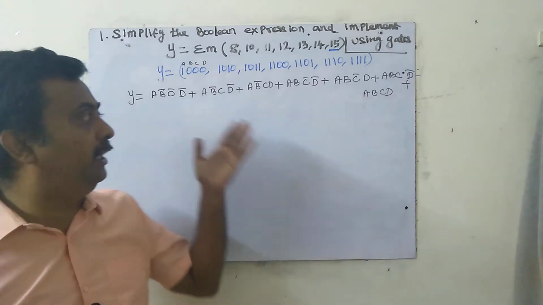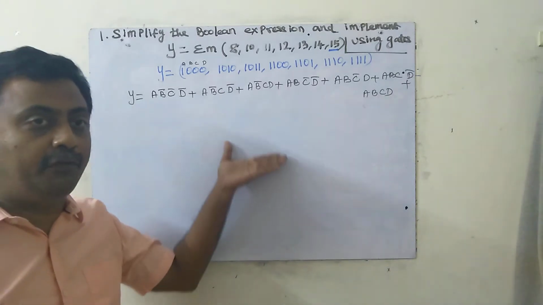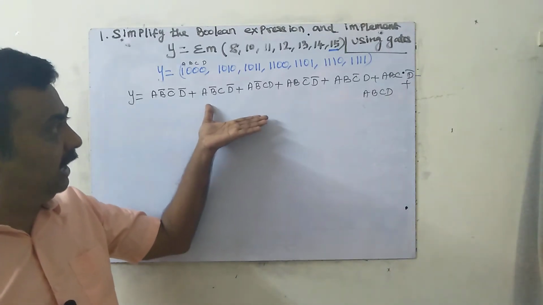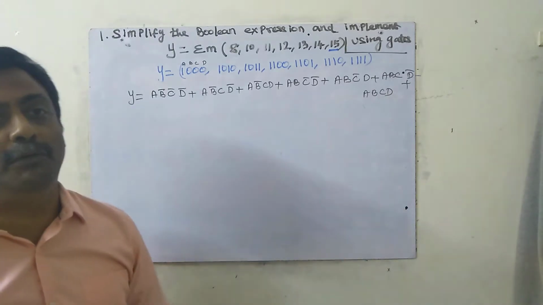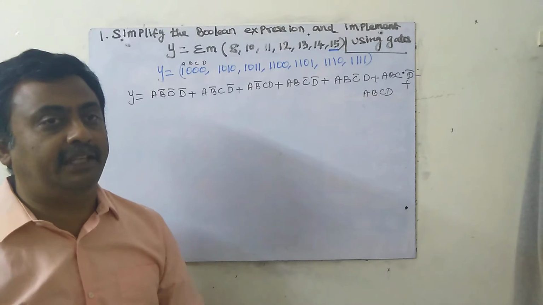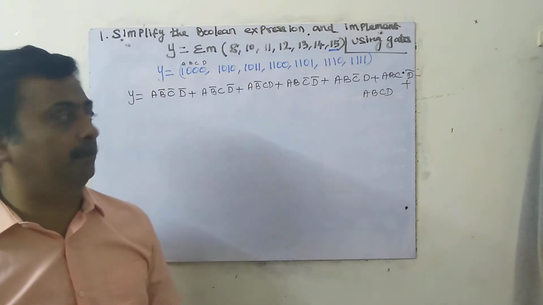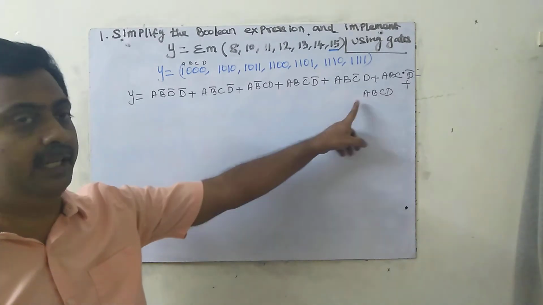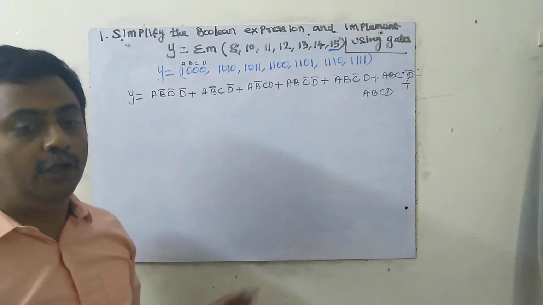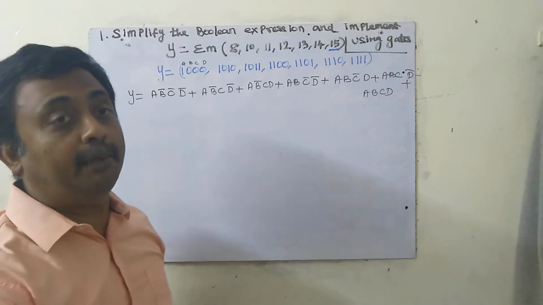Boolean algebra is very difficult. If someone took this, at least half an hour it would take to solve using Boolean algebra. So directly, which method are we going for? The K-map method. The K-map method is very easy. Already we have seen the structure of K-map. So it is not necessary to write this canonical SOP. Directly we can solve. Okay, what is K-map SOP?